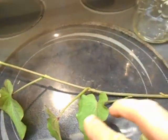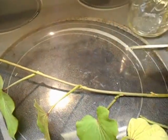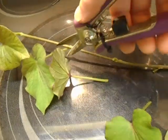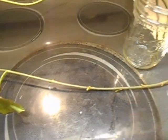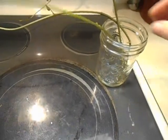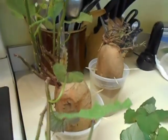I'm doing this one-handed because I didn't think to set my camera up on a base. I'm going to take a couple more and a couple more. Alright. And the reason we take the leaves off, once again, is to promote root growth on these. So I have 3 in that jar, and I'm going to leave the rest on the plant because the plant